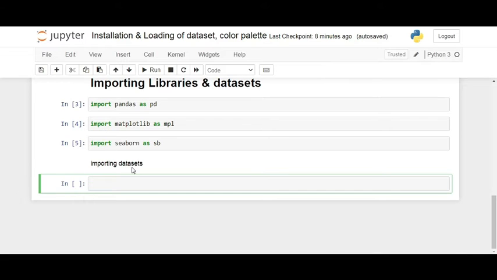So for that, we can first find out which datasets are available. We'll use sns dot get underscore dataset names and then run this cell.